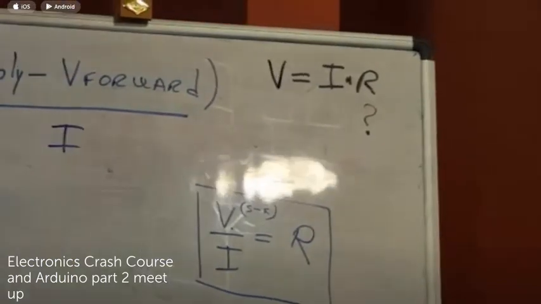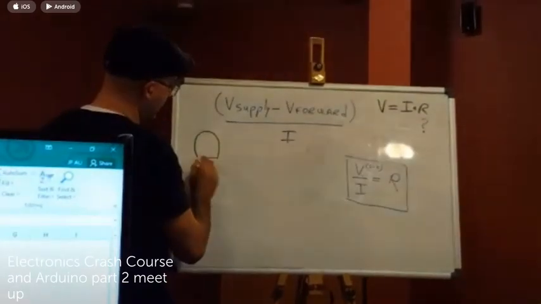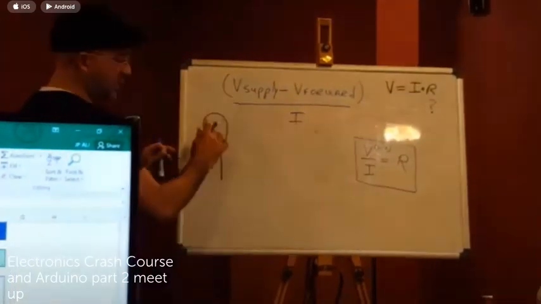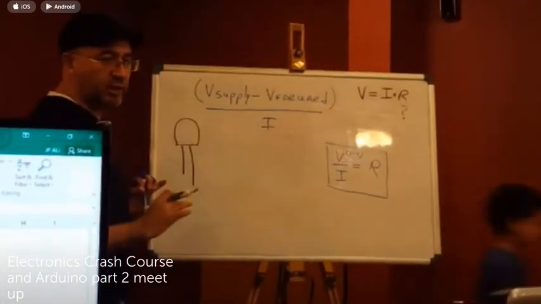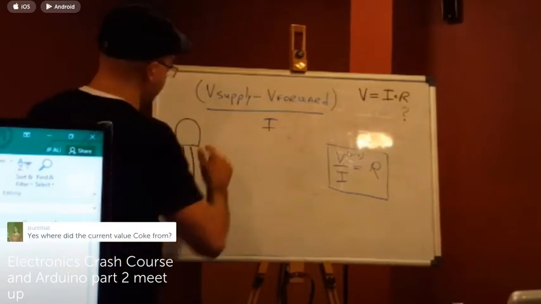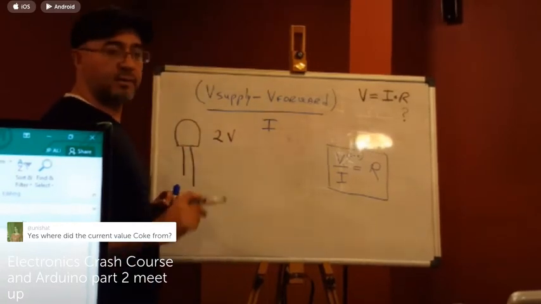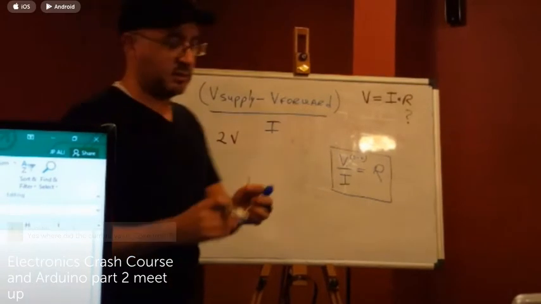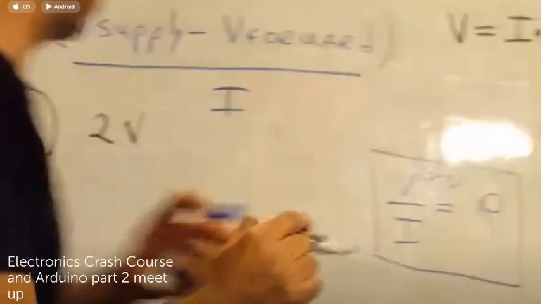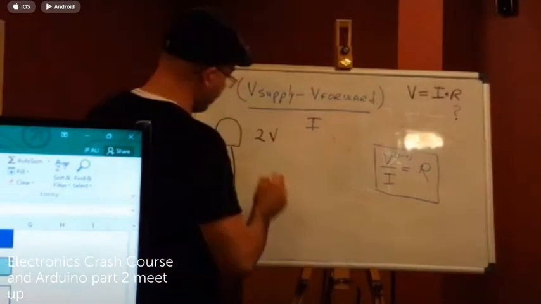So for that LED to light up, they have given us the following specs. In this case, I'm just going to draw one LED out of the three. They're telling us that for the red to work, as you can see in the calculator, we need 2 volts. She says, where did the current value come from? It comes from the specs of the RGB LED. So this RGB was made to work with 2 volts, and it has to work with a current of